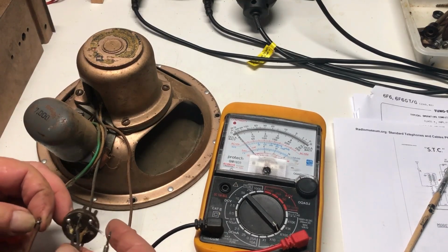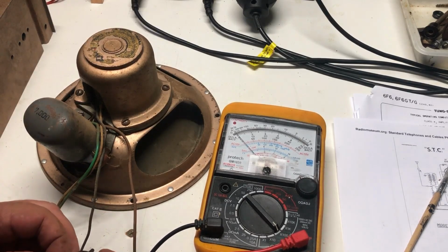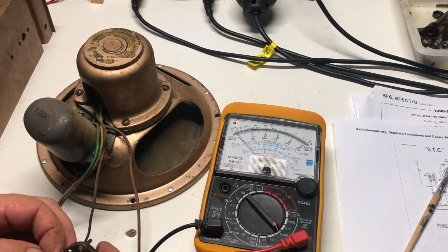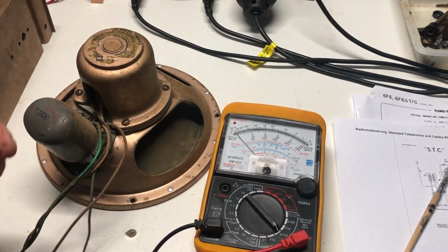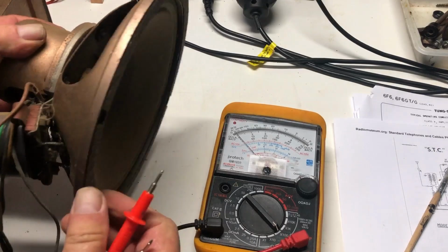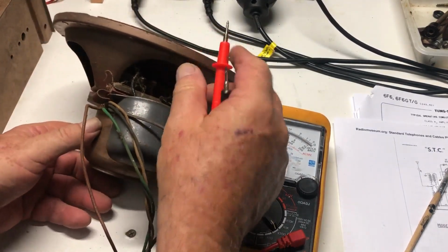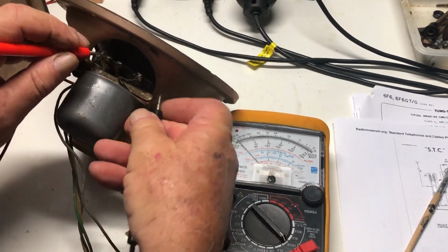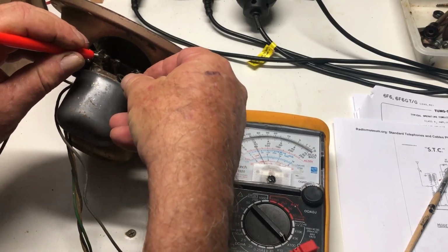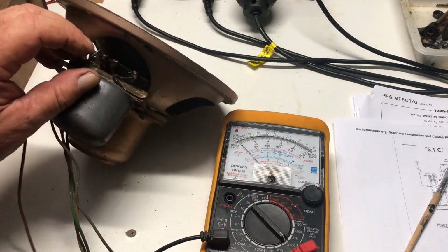I didn't hear anything from the speaker, but of course the field coil isn't energized. You sometimes get enough residual magnetism in there to hear something, but no, I'm not hearing anything at all. I wonder if I can pick up the voice coil. Where does that come off? There. Might hear something if I do that. No, but we've got continuity anyway. Alright,